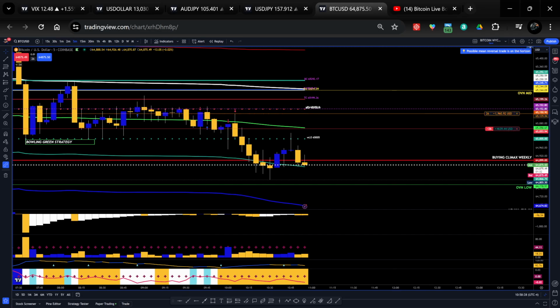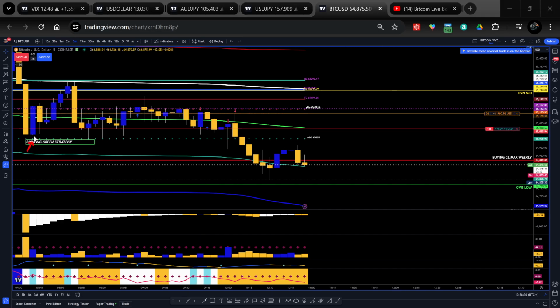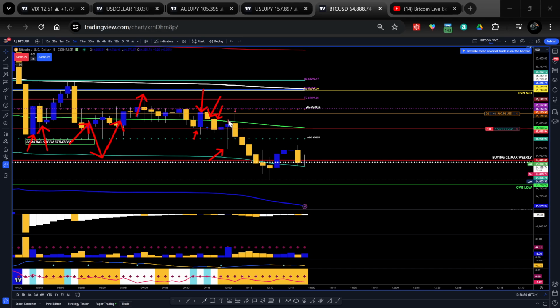Let me use the arrows, right? So possible building a cause underneath here, in between these levels for the push up. Took a couple of these longs right here. Those failed, stopped out. Right, breaking down, big retest, came up here, didn't get above, this candle pushed up, and that's when I decided to go short.